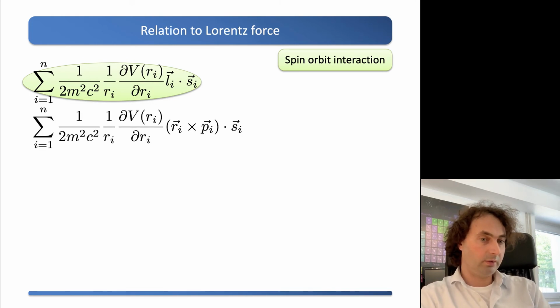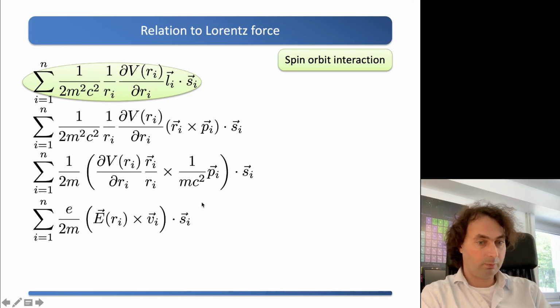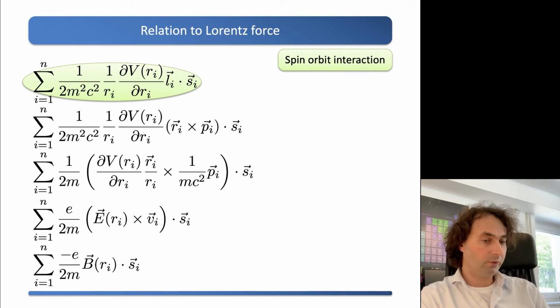So if we write down the angular momentum as r cross p, then put in the potential times r and 1 over mc squared times the momentum, then this is the velocity, that is the electrical field, and this is E cross V, and E cross V is the magnetic field,